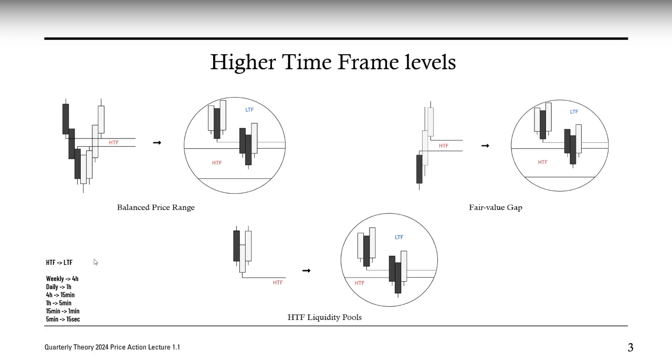So you can look at the key again in the bottom left corner of the screen, and you'll see weekly to 4-hour, daily to 1 hour, and so on. If you're looking at a daily chart, and you see a daily fair value gap, then you want to annotate that fair value gap. Then you want to drop down to the 1-hour time frame. And then if you see a low form, price drops but retraces and leaves a low above that fair value